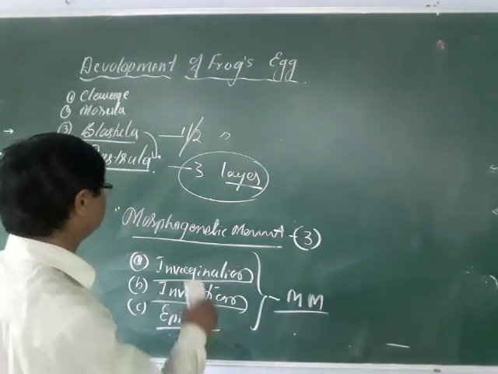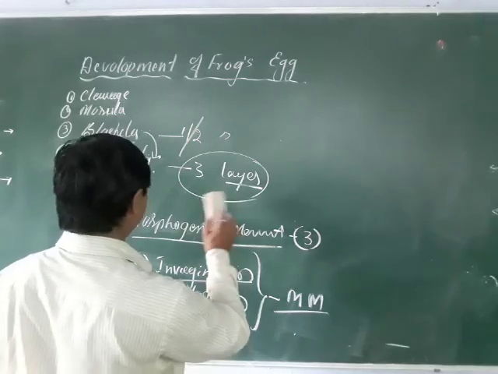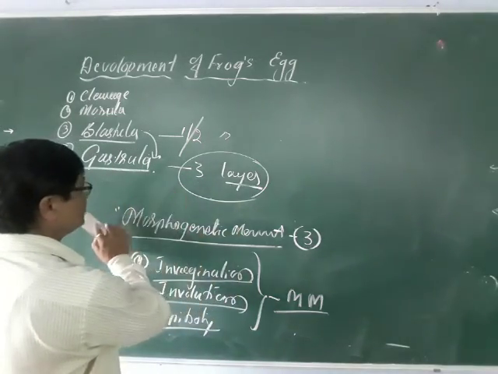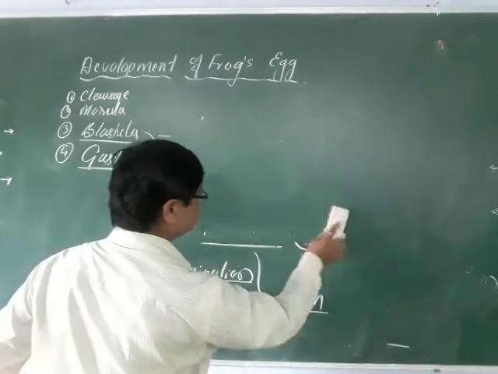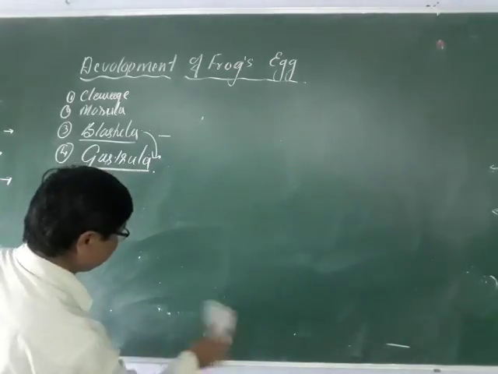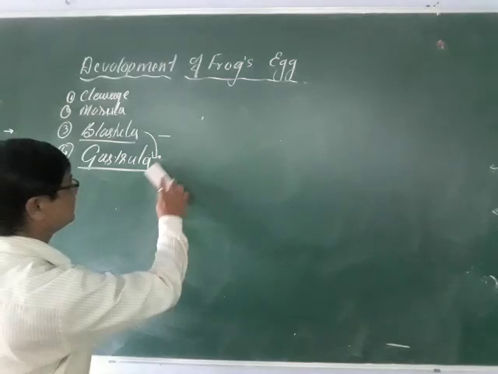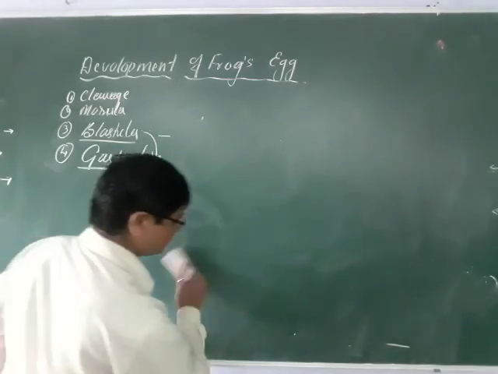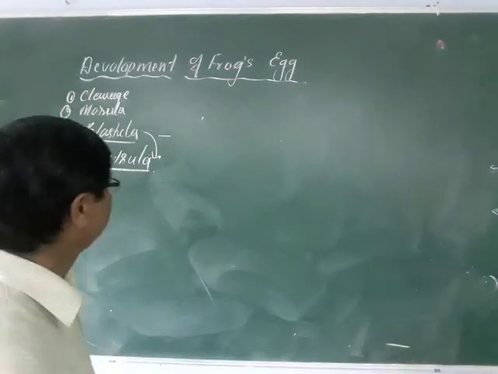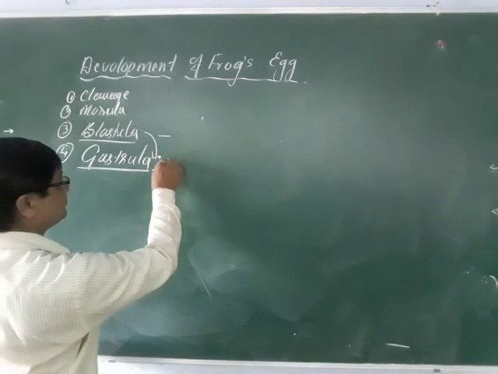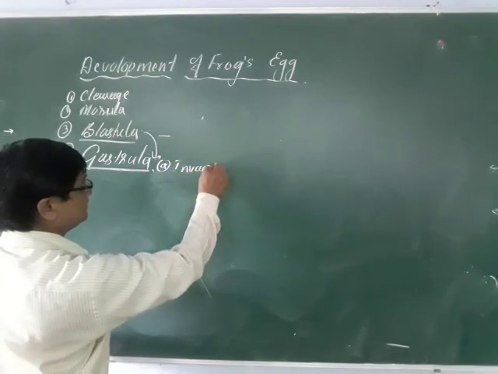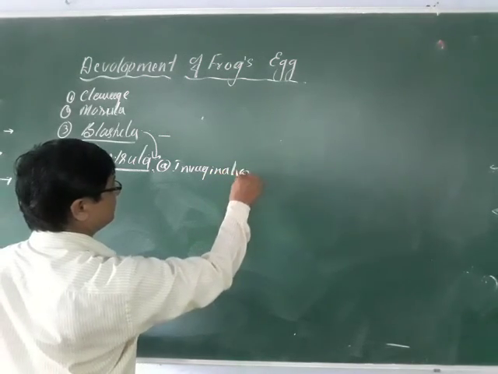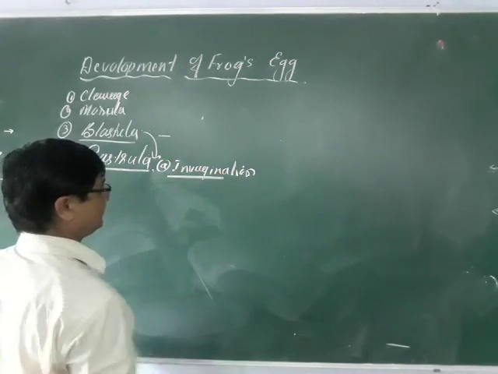If you refer to the question in any books, it has been given in the gastrula. So I would like to explain one by one. Let us go to the morphogenetic movements, or the major steps involved in the gastrulation. The major steps involved in the gastrulation, first we can say A, invagination. So I will explain that invagination.